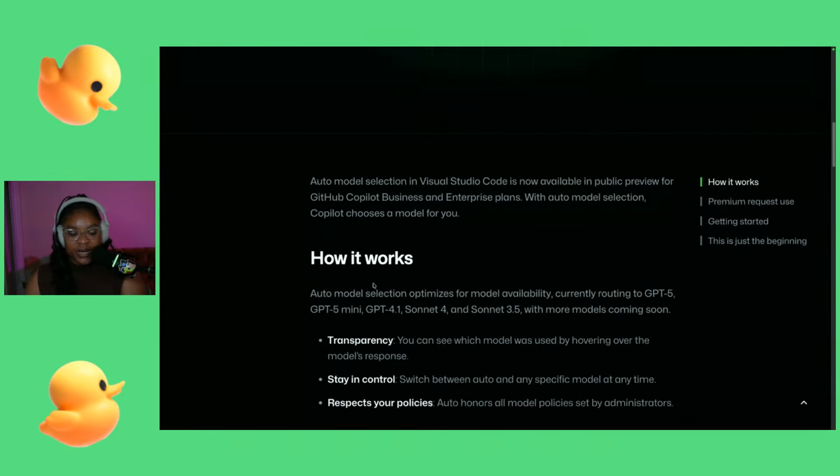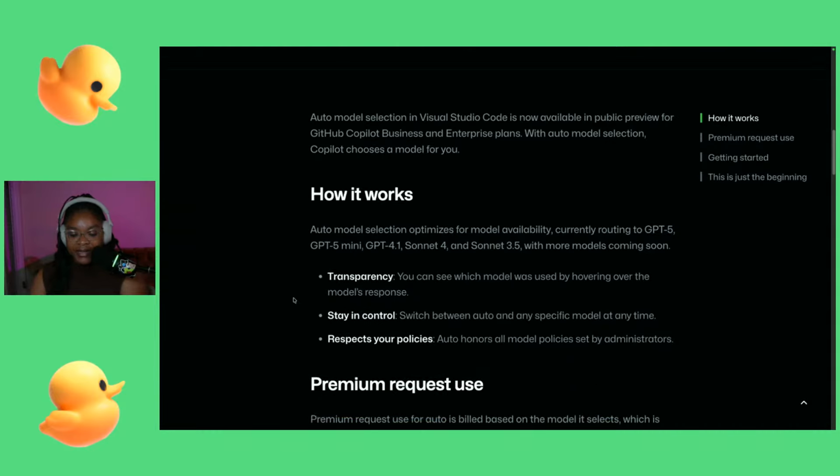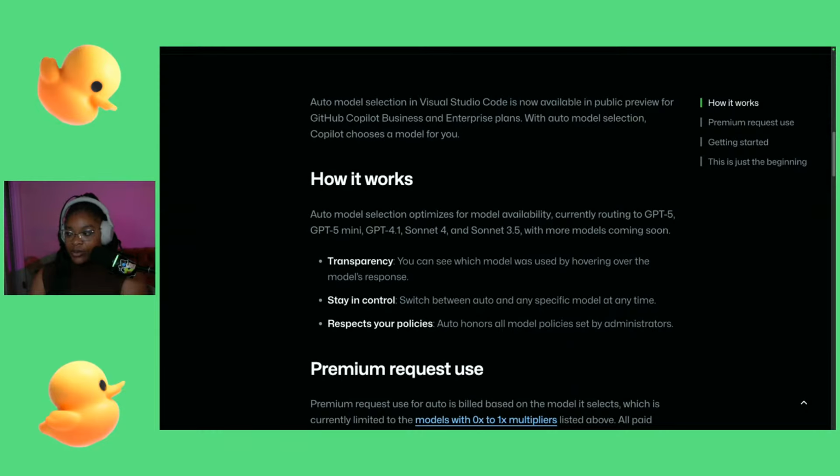Currently it works with GPT-5 Mini, GPT 4.1, Claude Sonnet 4, and Sonnet 3.5, and also GPT-5. I think this is a really good direction, right? Because I want to be able to just put in my request, send it off, and have Copilot intelligently choose the model to use to address the prompt that I'm sending. So that's incredible. Hopefully we can look at that today.